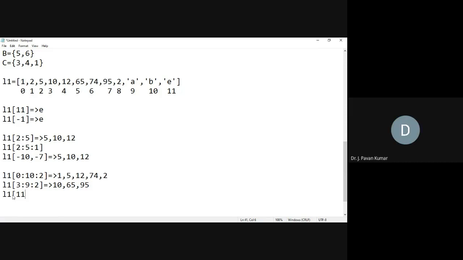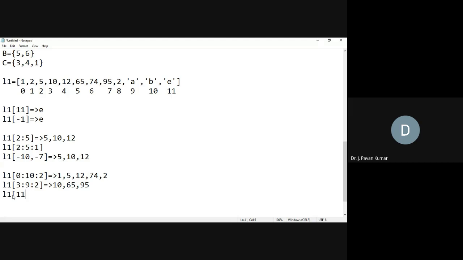Actually, the functionality of the range, as we have seen in the last class with respect to strings as well, string of i to j. What does it mean? i will be included, and i to j minus 1 it will print. Similar to that, here even if we specify 11 to minus 12, it will try to go towards the right only, isn't it? Why? Because by default the step size is 1.